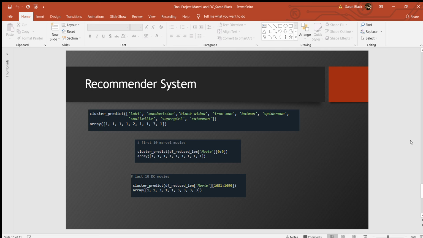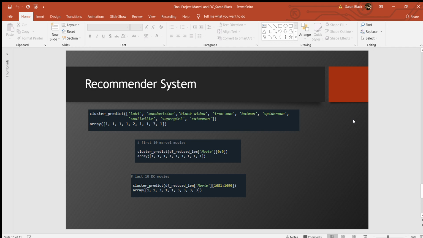So once we were able to develop our clusters after refining it, here's sort of our little tester to see how it worked. We took a cleaned version of all the titles, so we weren't looking for special characters or capitalizations. We removed all of that and just gave the basic title, chose a random handful of titles in this first chart, and looked at the array as to where they were falling in line with our cluster.